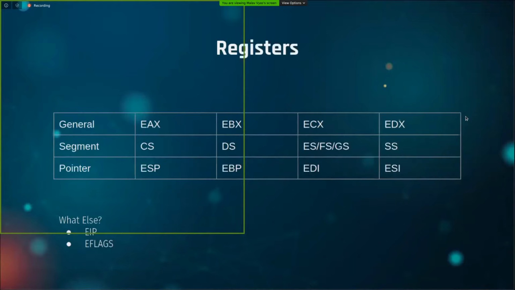So if we want to modify which instruction should be executed next, we should be able to control this EIP. And what is EFLAGS? EFLAGS are just common flags, 1 bit, which contain the value 0 or 1, which can specify if something is yes or no, just simple yes or no questions answered. Flags like the zero flag and everything, we will get into that.